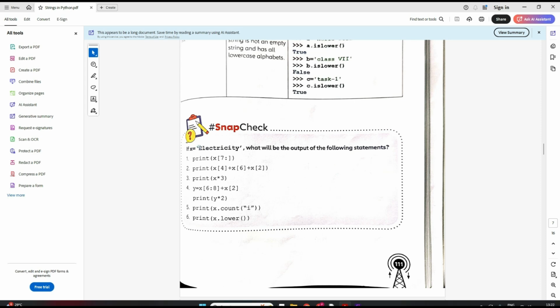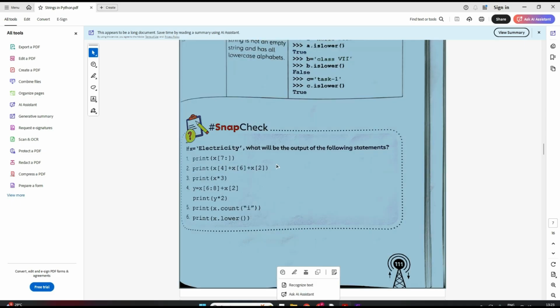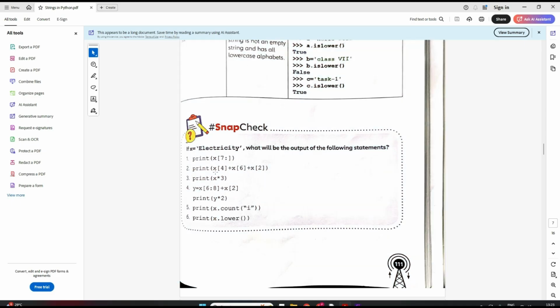Which is the 7th index? This is 0, this is 1, 2, 3, 4, 5, 6, 7. So it starts from C and goes till the end. So it will display city in this one, right? Now the second one, we have a plus, which means you are concatenating, joining the strings, right? So x[4], what is x[4]? 0, 1, 2, 3, 4.